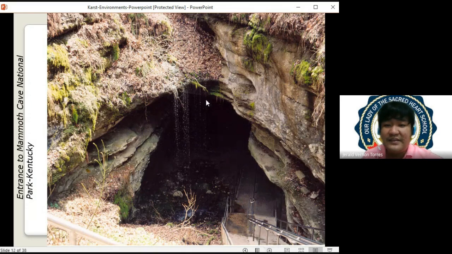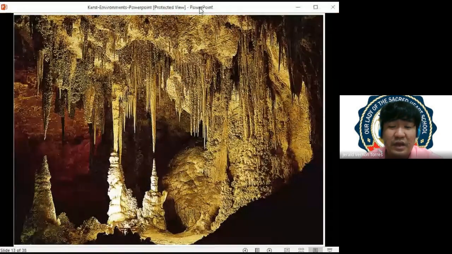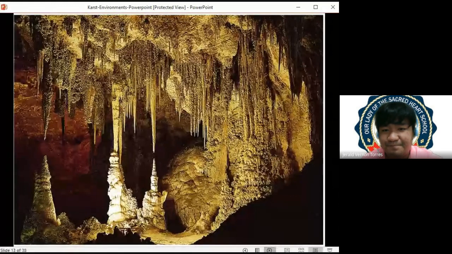So this is an example of a cave. Ito na, air-filled cavity na siya. And if you would observe here, there is dripping water. Yung dripping water nito would later on possibly form a stalactite and stalagmite. Remember that this would happen for a long period of time. Hindi yan mangyayari in an instant. This will occur for a long period of time. Anyways, this is your stalactite, stalagmite, and ito yung tatawag natin column, connected yung stalactite and stalagmites natin.